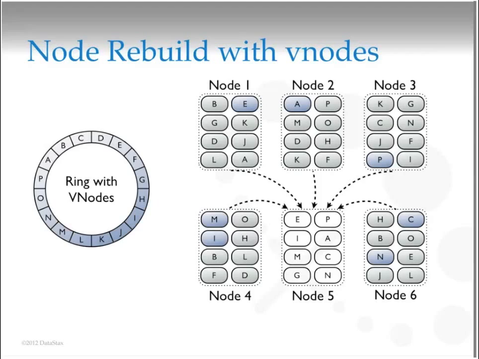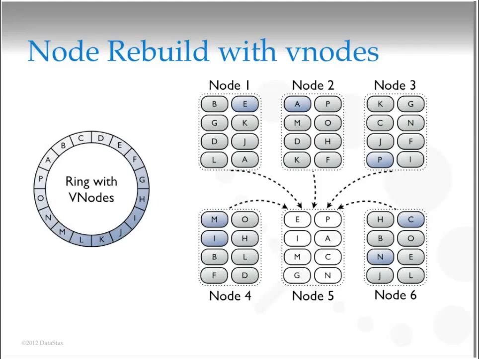So that's the main idea of v-nodes. It's not about extra performance, really, in terms of what your clients are doing of reading and writing data to your tables in Cassandra, but it's an operational benefit for replacing dead machines or adding new capacity to your cluster,